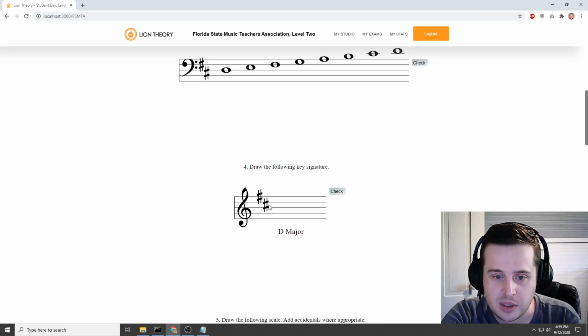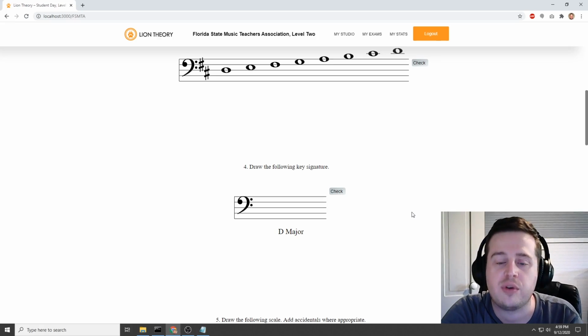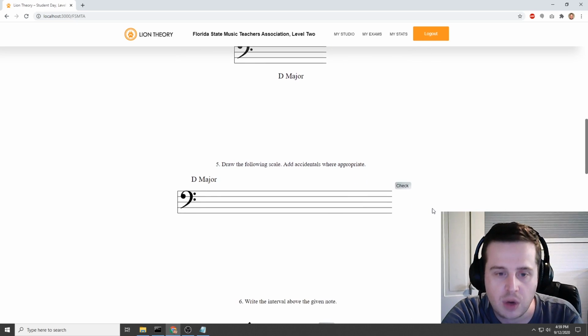So you'll notice I've done G to D quite a lot of times. Once you get to the higher levels, it's going to go through every key that's required to know for that level, so you get a lot more variety in this question. Okay, so for this one,